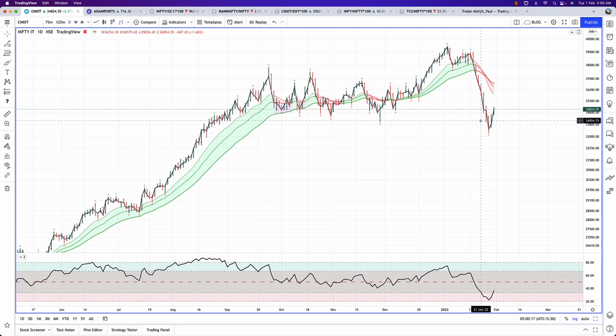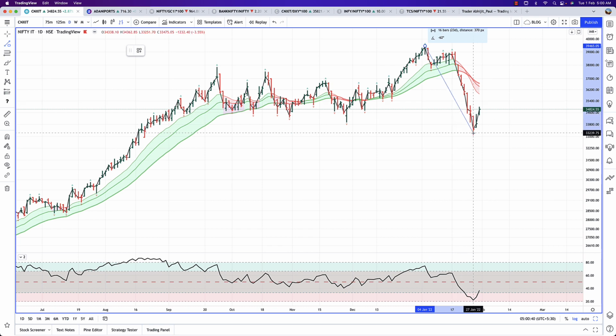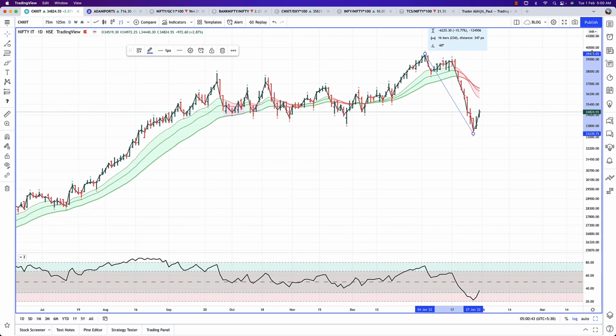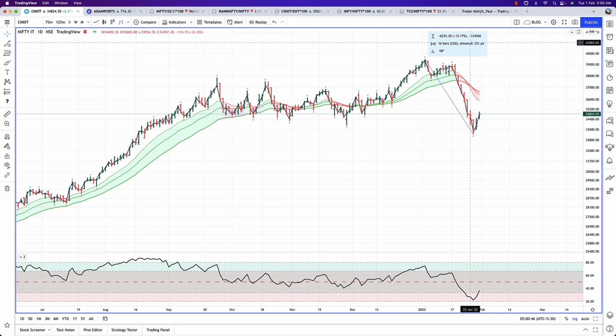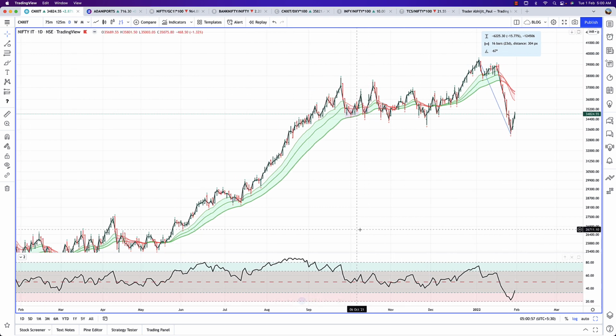Well, we all know that it was the IT stocks which led to the correction of Jan 2022. This is the daily chart of the Nifty IT index in front of us, and you can clearly see that from the top of 4th of Jan towards the low of 27th of Jan, if we draw an info line between these two highs and lows, then we see a correction of close to 16% in 16 trading sessions. Now this is quite a cut, quite a fall, which has led to a trend reversal for this sectoral index.